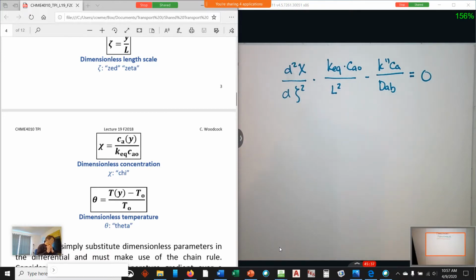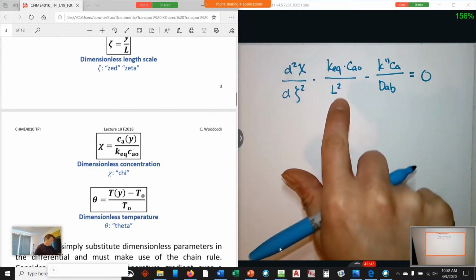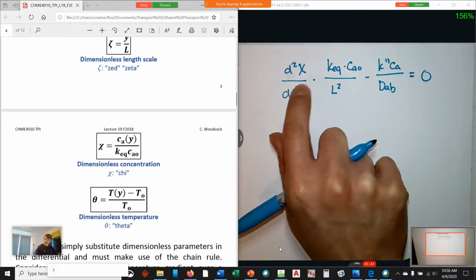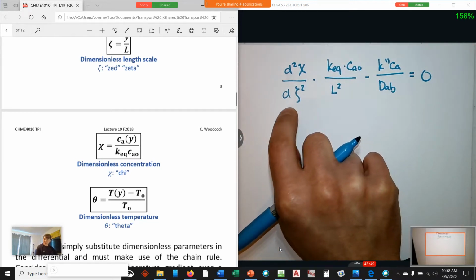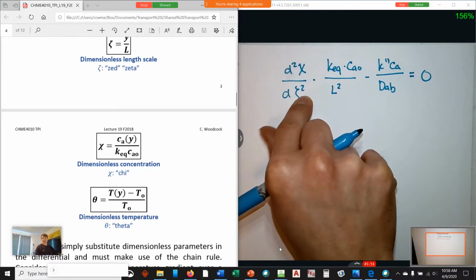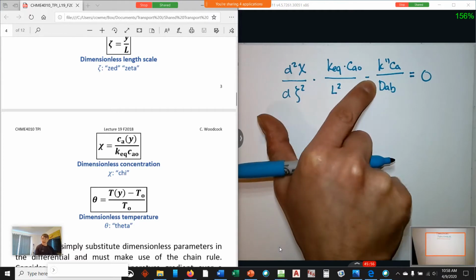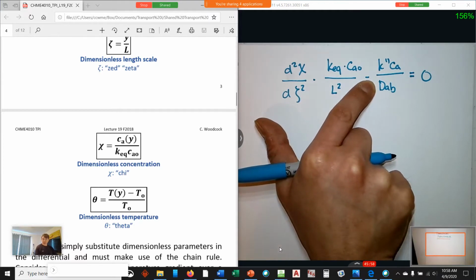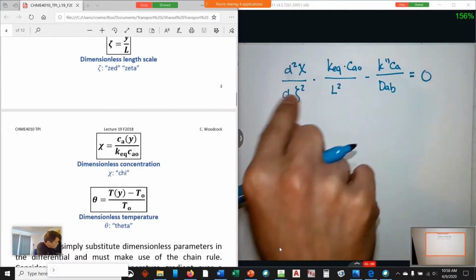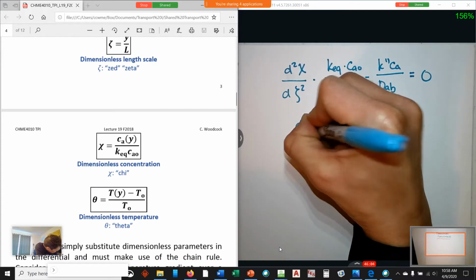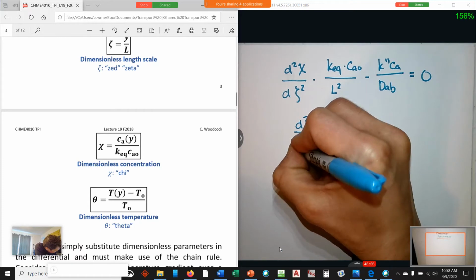So let's see what we'll need to do. This is almost dimensionless, right? We need to multiply by L squared, divide by K_EQ C_A0, and once we isolate this term, it has no dimension, and we'll be sure that the rest of this equation also has no dimension, because if we're just adding things, they had better have the same units. So, final step here to make this dimensionless,